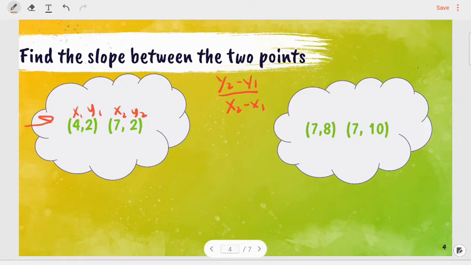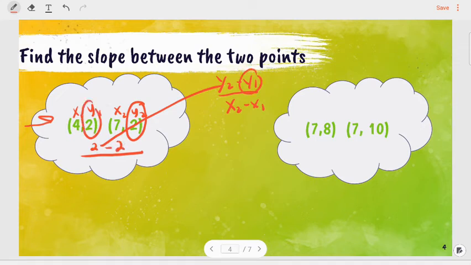So y2, so there's y2. So here's my fraction bar, sorry. y2, so 2 minus, what is y1? So I come over here, y1 is 2. In the denominator, I have x2. So x2 is 7 minus x1, so x1 is 4. I'm going to simplify. 2 minus 2 is 0. 7 minus 4 is 3. Now,